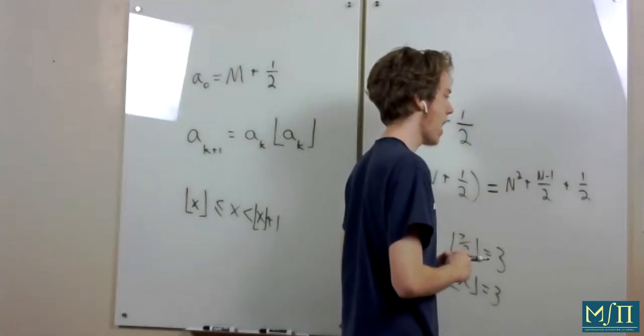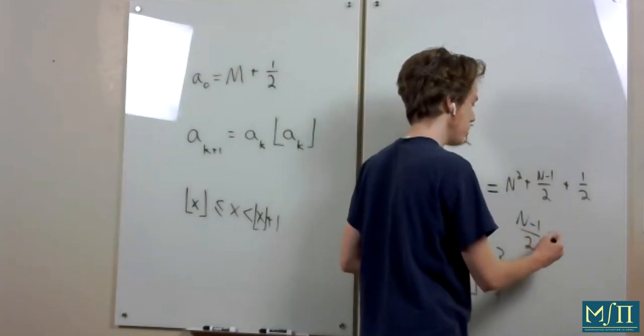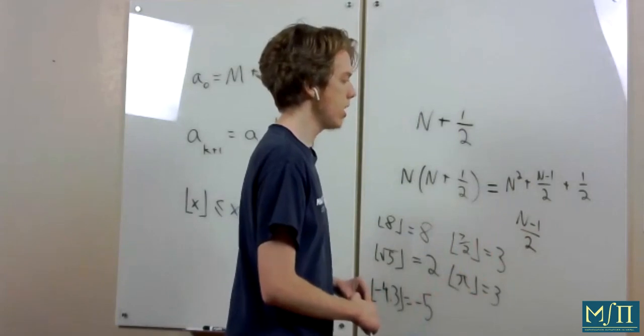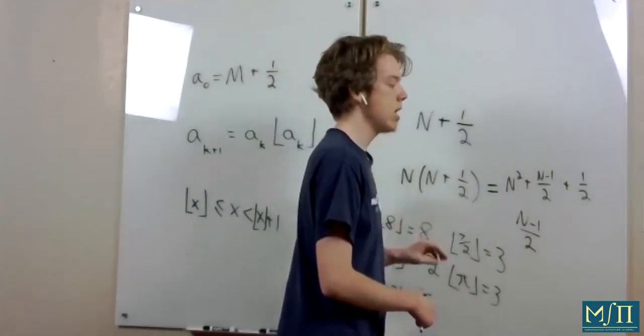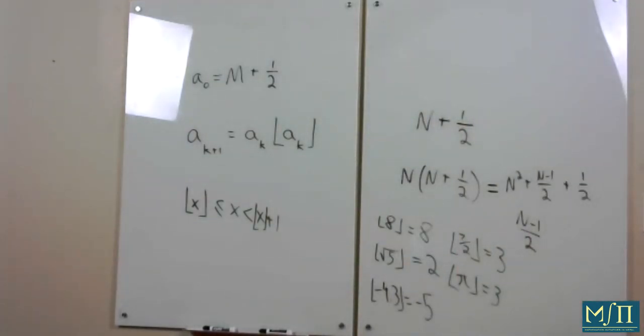And so the bad case for this would be when (n minus 1)/2 would be even. So the bad case, in these two steps, would be when n is odd and then (n minus 1)/2 is even, i.e. when n is 1 mod 4. And so maybe if you did another term,